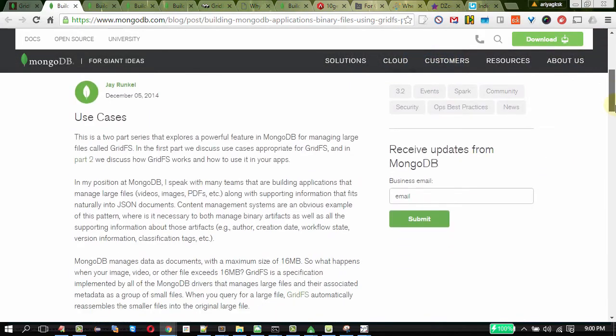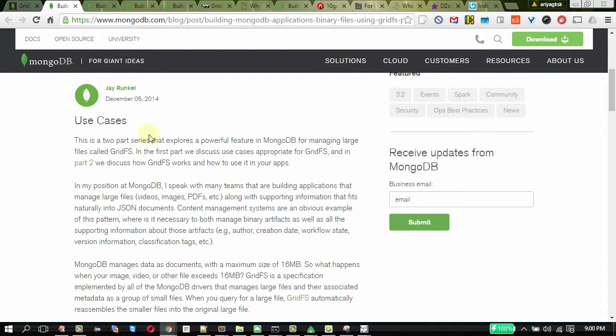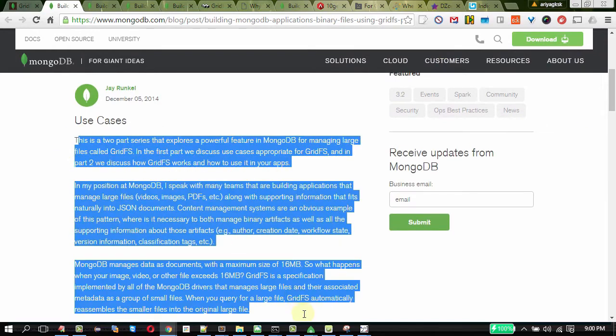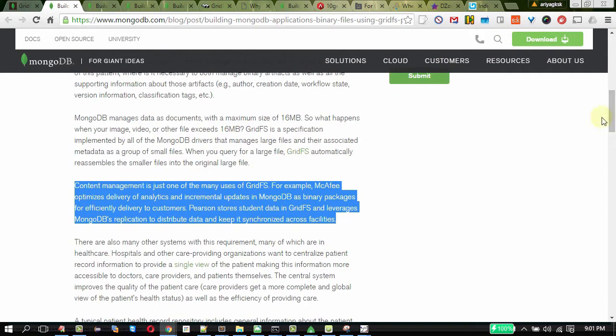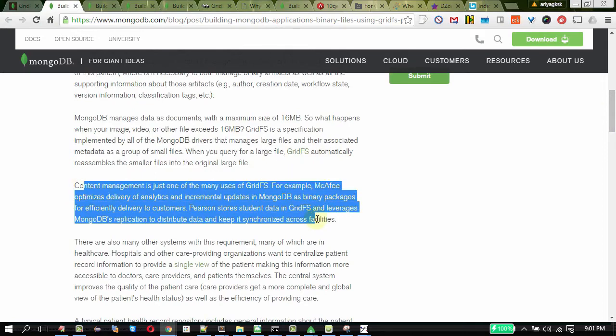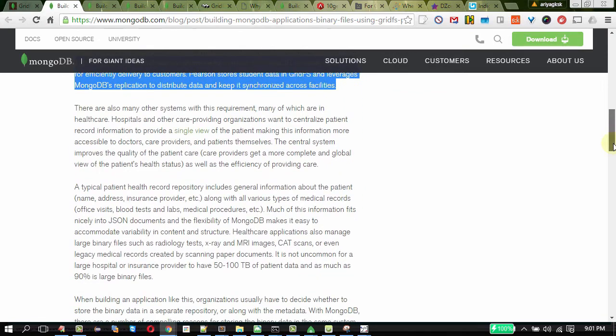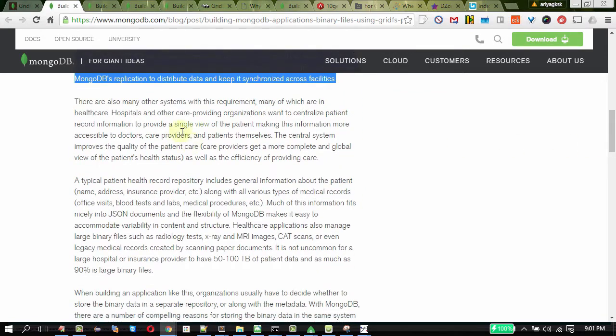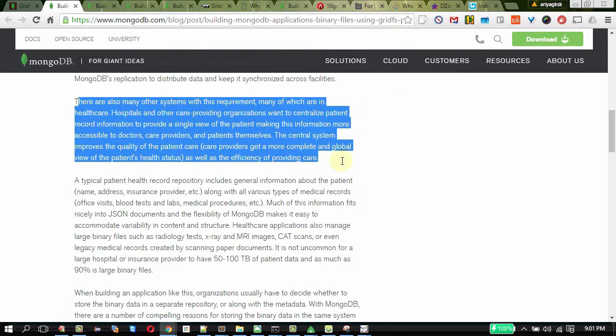The first one discusses the basics of GridFS. Then a short brief about how GridFS is practically used at McAfee and Pearson is given in the second portion. The third section discusses the advantages of using GridFS for a medical system or a healthcare system.